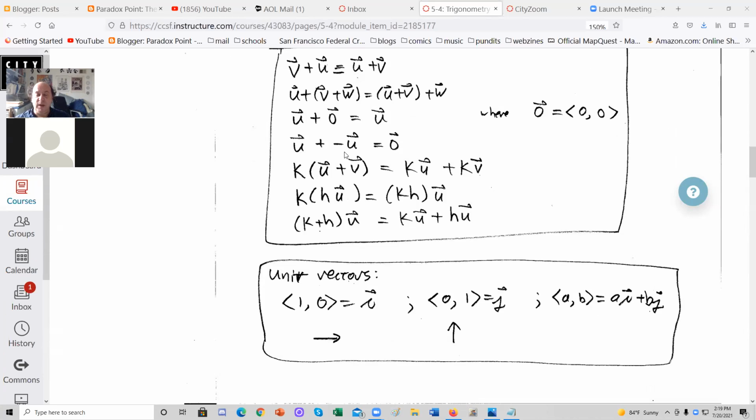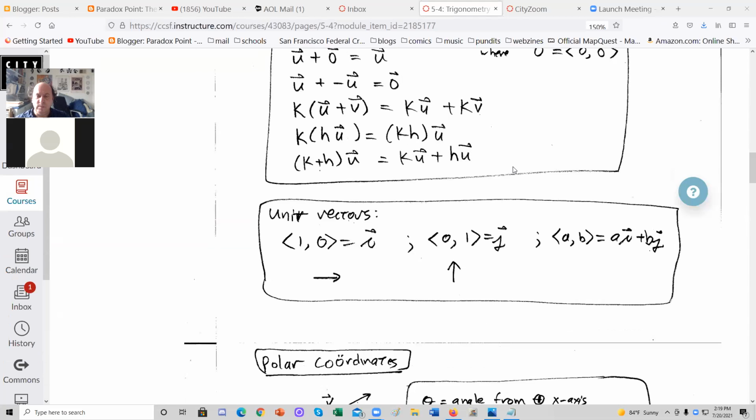A vector plus the one opposite adds to the zero vector. Then we have various kinds of associativity and distribution. k times (u plus v) is ku plus kv, so scalar multiplication distributes over vector addition. (k plus h) times u is ku plus hu, so scalar multiplication of a vector distributes over a sum of scalars. And then here's a kind of associativity: k times hu is kh times u. So it obeys a lot of the same laws,